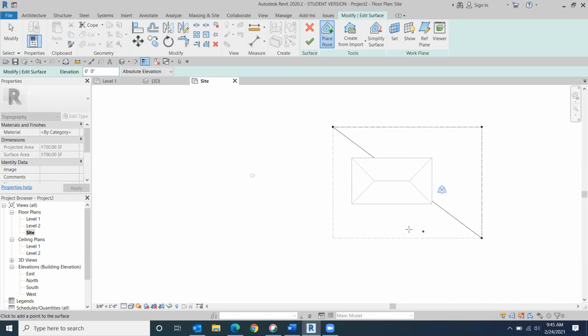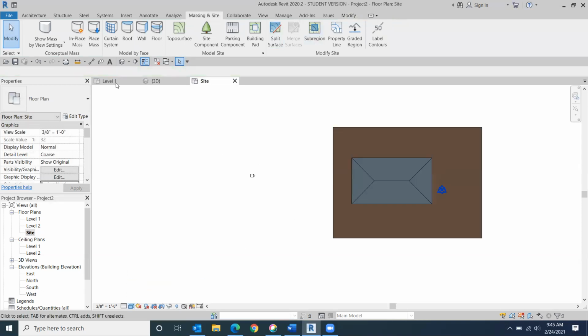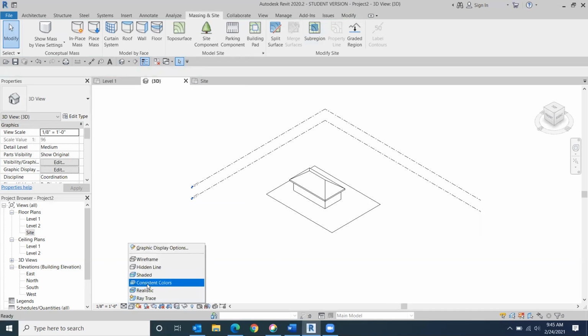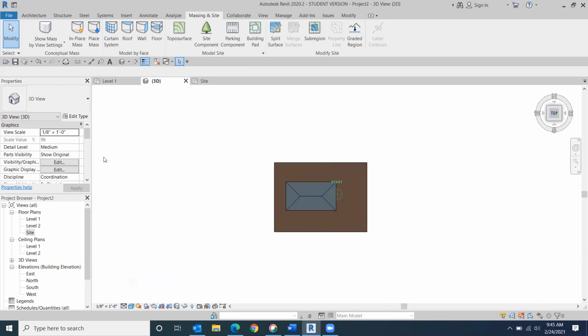And once we get that third point in, you'll see that ground is going to start popping in. I will hit the green check mark. Let me turn on consistent color. And now we have the site. Let's go ahead and jump to 3D. Let's go ahead and turn on the color here. So now we have our